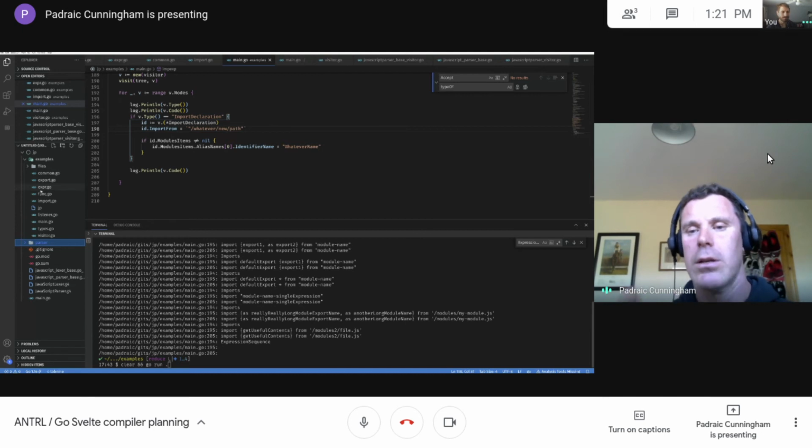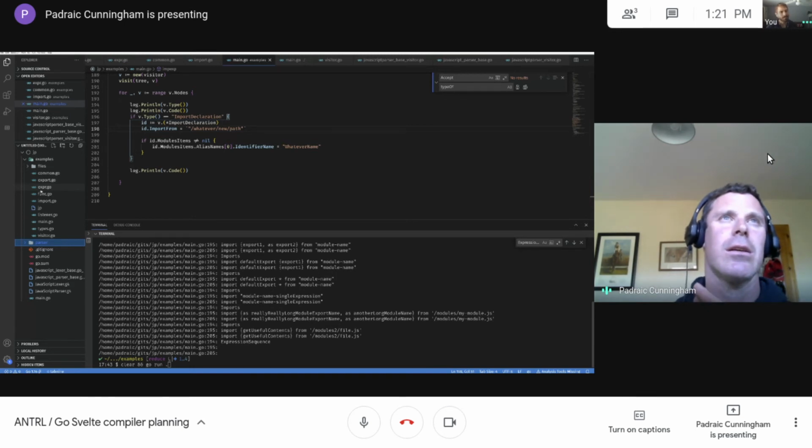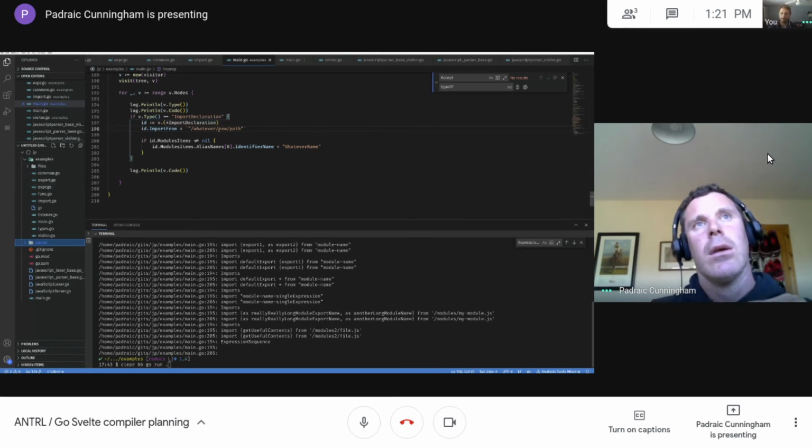It'll put that expression, and then you can manipulate that expression, and then hit code, and then it'll output the changes you've made. I don't know why that's not working. I think it may be because I switched around to non-pointers in something in the list there, but I'll have to double check that. But that ID.import from should be, it should be